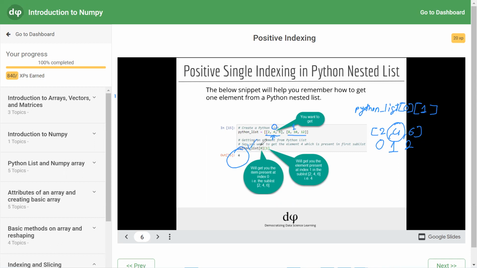Therefore, Python list 0 is the 0th element of the main Python list, which is the first sublist. And from the first sublist, we take element 1, which is the second element of the first sublist. So in this way, if you have a two-dimensional list, a single element is fetched and given on the user screen.